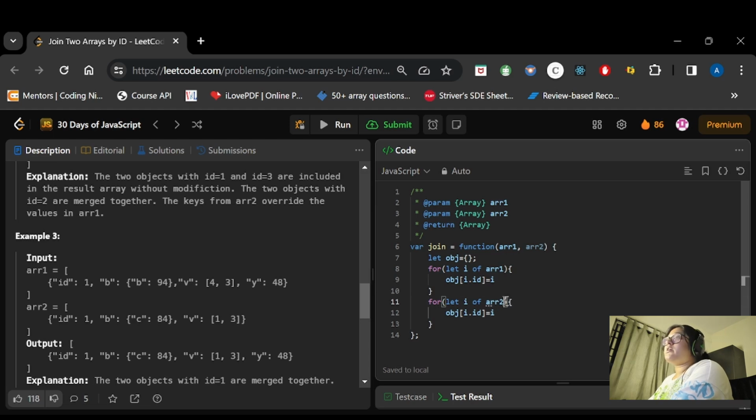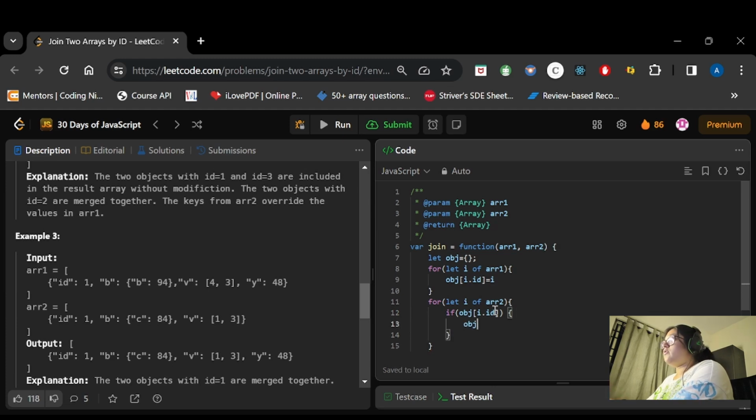We have to check a condition whether the id already exists or not. If obj[I.id] already exists, then we make a copy.